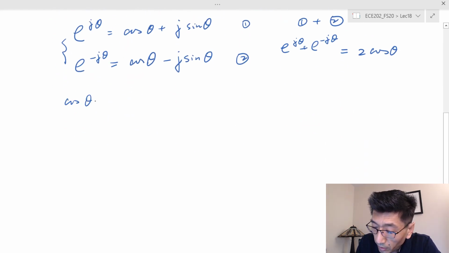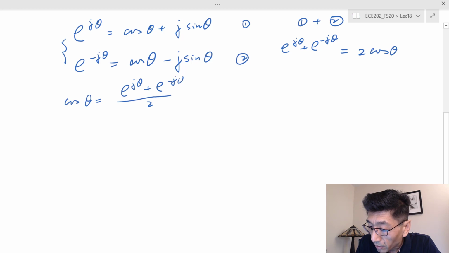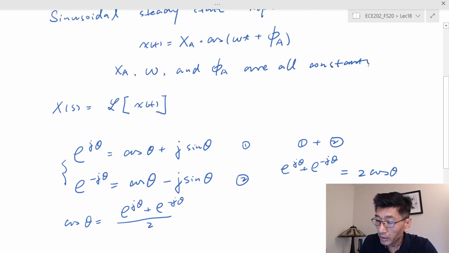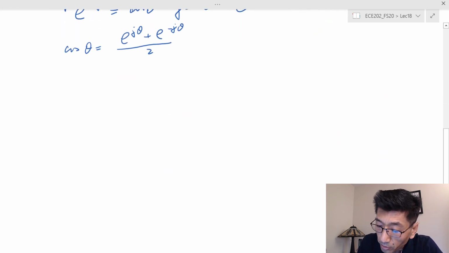I got cosine theta is equal to half e^(jθ) plus e^(-jθ). Now we're going to apply this principle to x(t) so that we can rewrite x(t). In this case, we think of this as theta, right? So we can rewrite this cosine term. Therefore, x(t) is going to be equal to